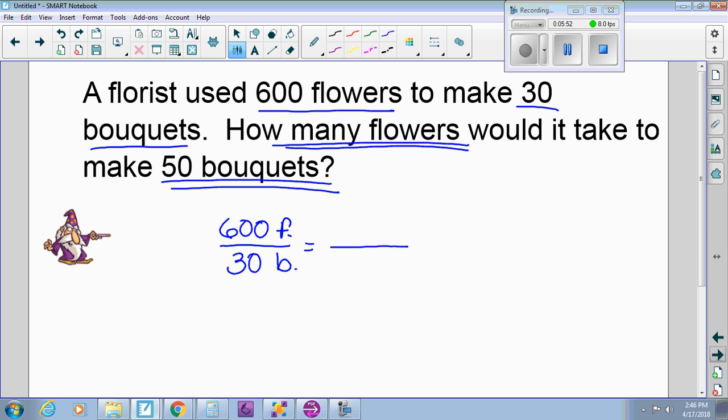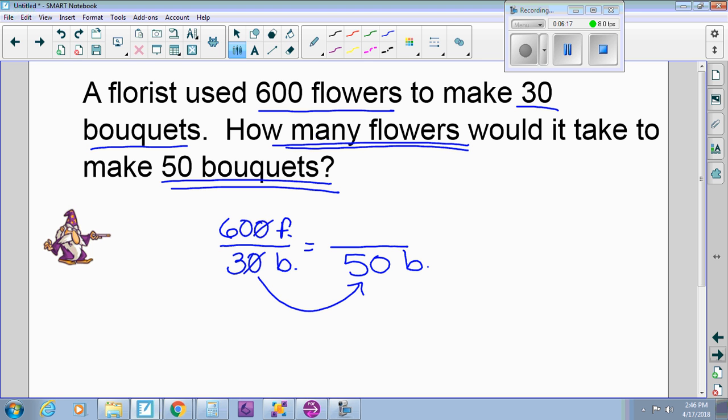And then it says, how many flowers would it take to make 50 bouquets? So we need to scale that up. It's going to be more than 600, right? Because we have more bouquets we need to make. So if you look for the connection here, you'll notice that doesn't work out. So we need to simplify this. So you can easily take the zeros off the end, and that gives you 60 to 3, which still doesn't